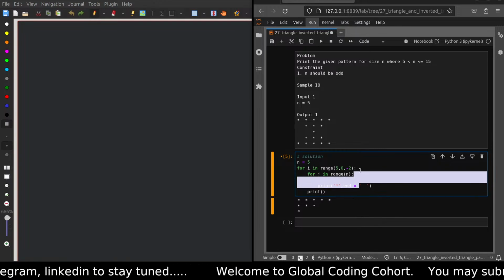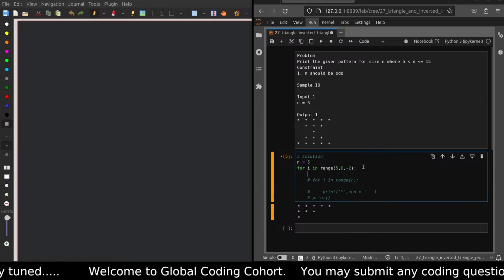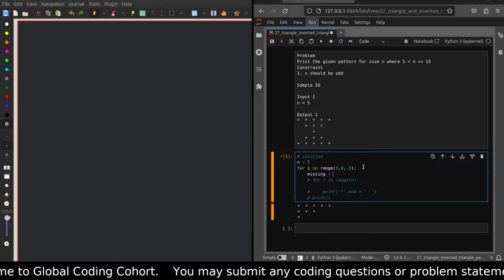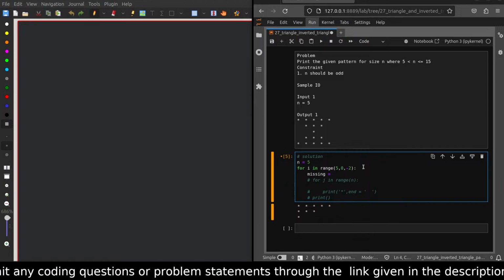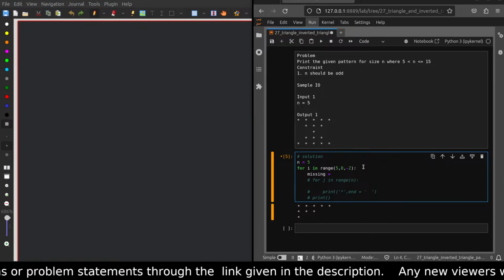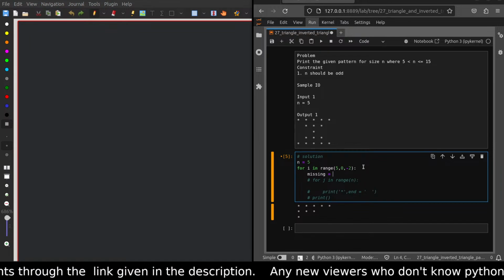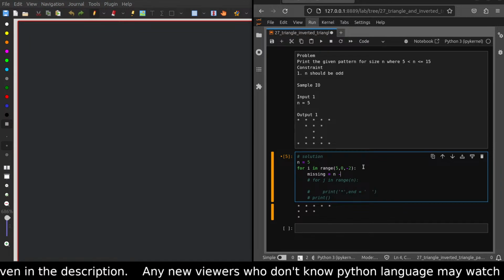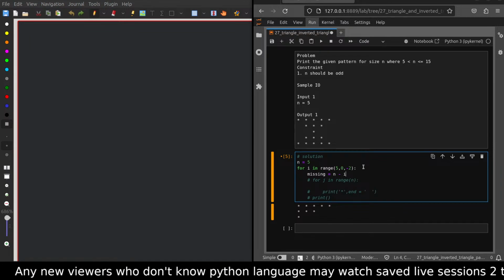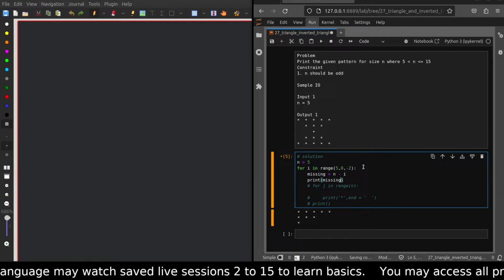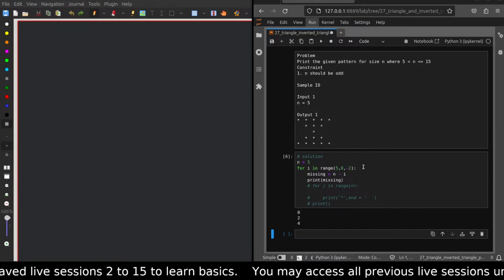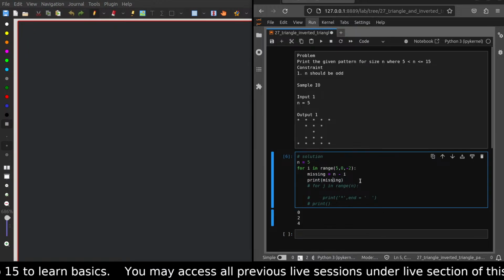First of all, let's find the missing number of stars, missing equal to array 5, 3, 1. First, nothing is missing. 10 minus 5, nothing will be missing. Let's see what is missing. So we get 0, 2, and 4. That means,